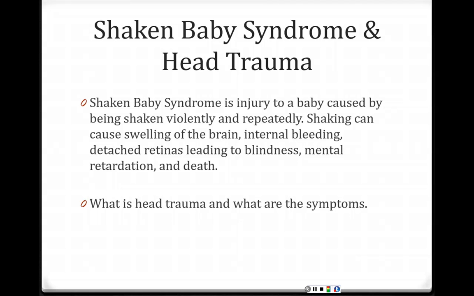But the other things that you look for are the things that we just mentioned: the appearing dazed, listlessness, irritability, crankiness, loss of balance and unsteady walking, crying excessively, or a change in their eating or sleeping patterns. Anytime you notice any of these things, you need to contact a parent and let them know.